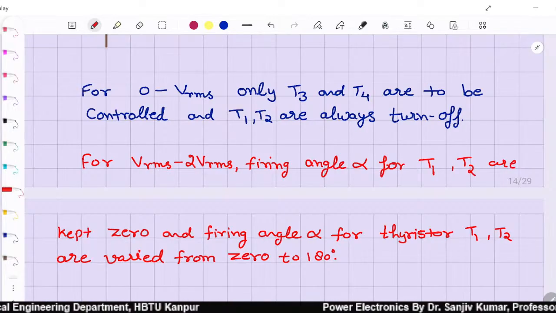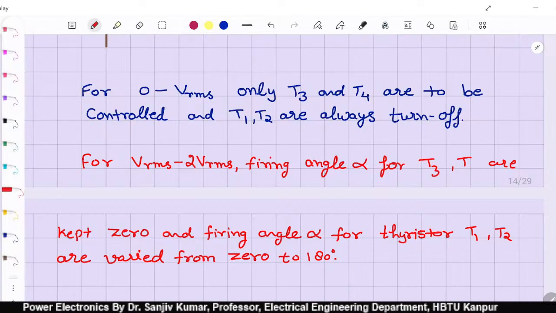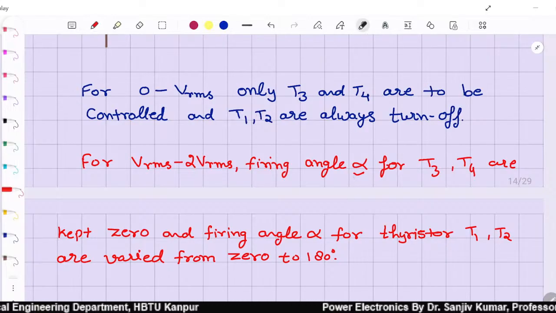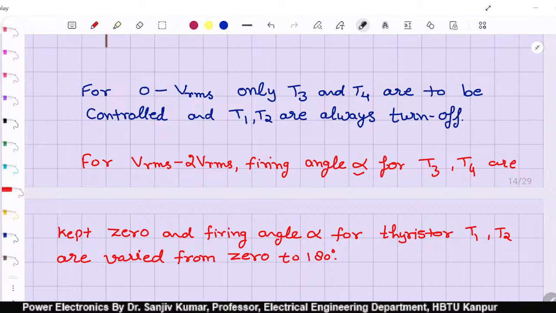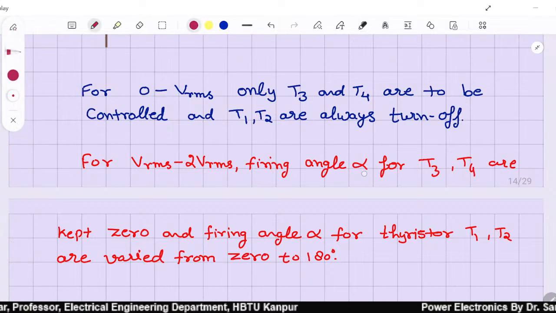T1, T2. Okay, fine. Here it is written like this. T3, T4. Firing angle alpha for T3, T4. Fine. Firing angle alpha for